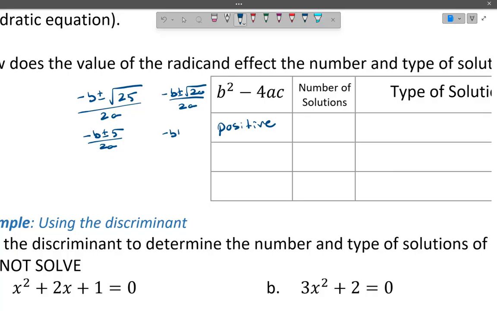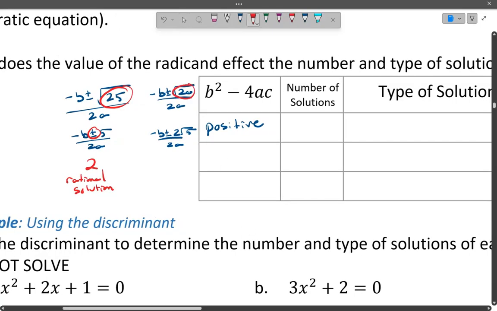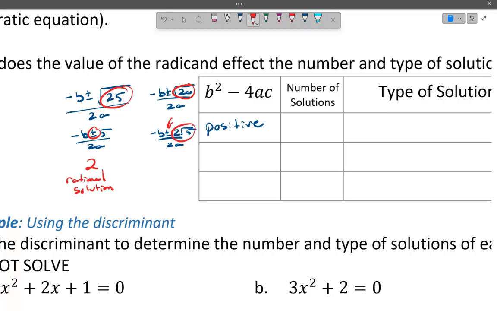And here I have negative b plus or minus 2 root 5 over 2a, and then I can continue to simplify that. So in this case, where my radicand is positive and a perfect square, I'm going to get two different solutions. I'm going to get two solutions, and those are both always going to be rational solutions. And they will be real numbers. And if I have a positive, but it's not a perfect square, and I can simplify it, I still get two solutions because of the plus or minus. I just get two irrational